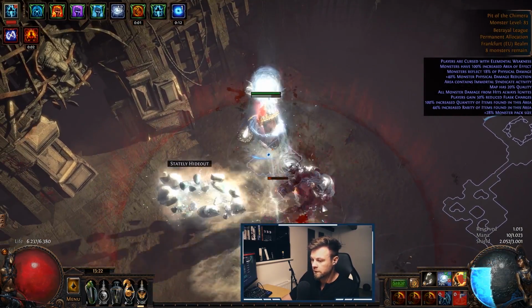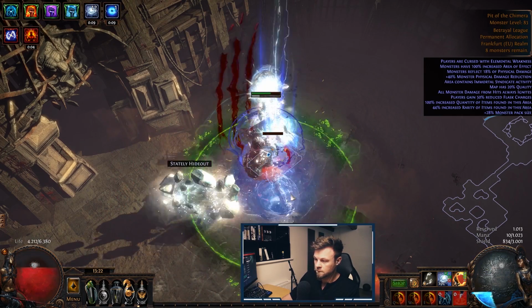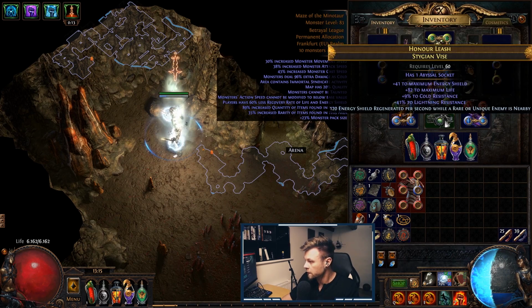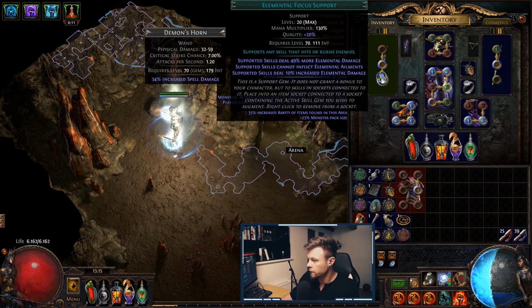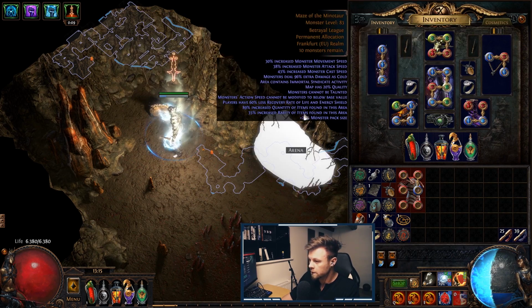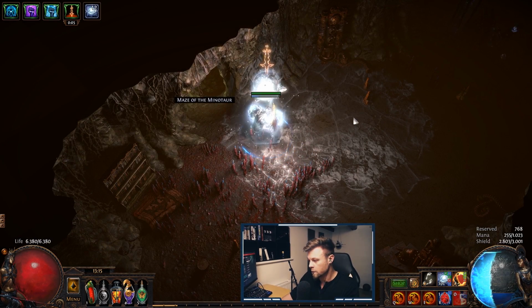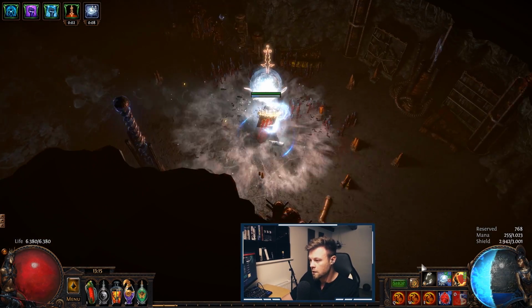Well, cloud phase. There we go. Fragment of the Chimera. Alright, Minotaur, and for these I prefer swapping out efficacy for elemental focus. You get a little less duration, but it's no big deal when it's bosses anyway. It's mostly when mapping you want that. And then we get a lot of damage from